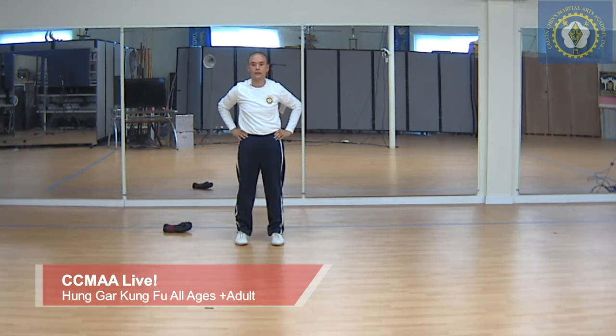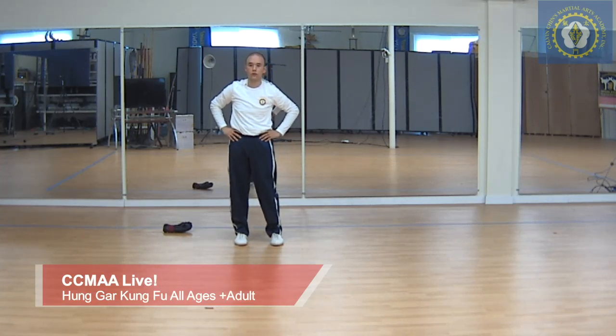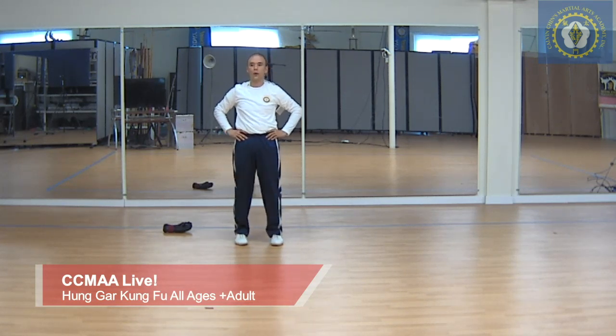Okay, palms on your waist. Waist rotations. Turn to your right. 12 counts. 1, 2, 3,